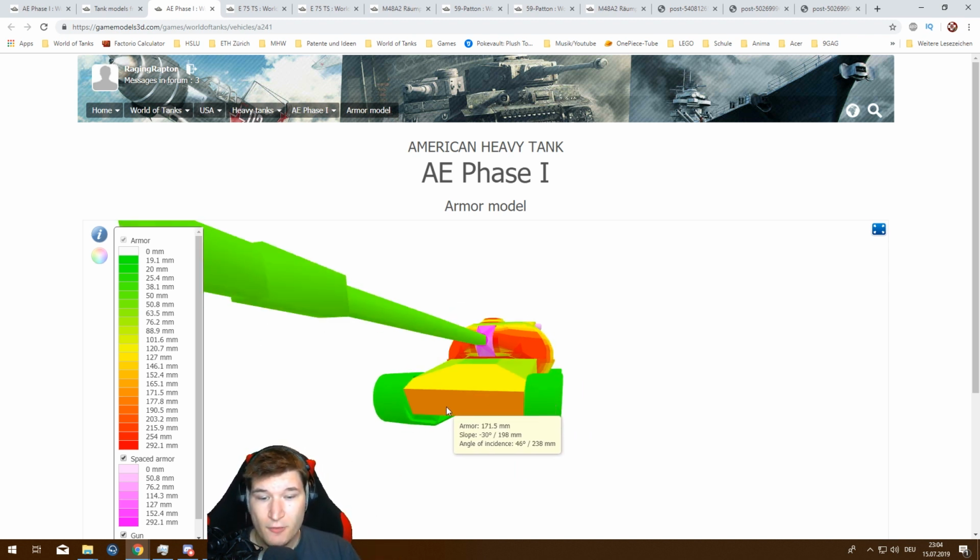So the upper front plate is definitely nothing to cough at, which I usually tend to do quite often. There we go, again coughing. The lower plate is also rather thick, with